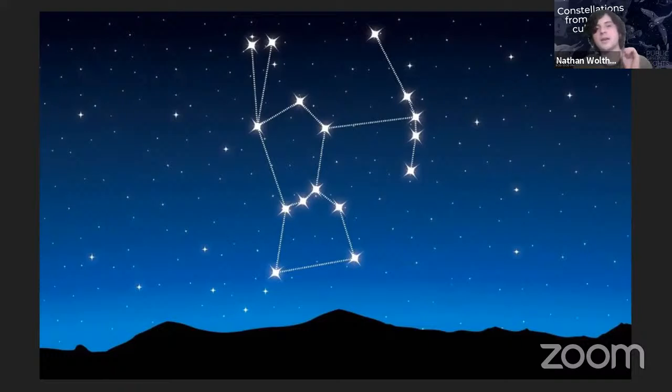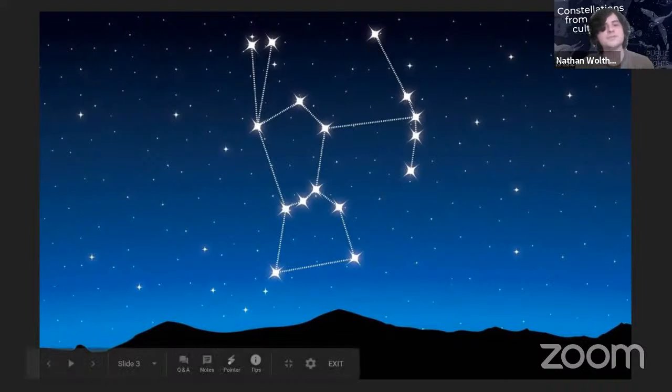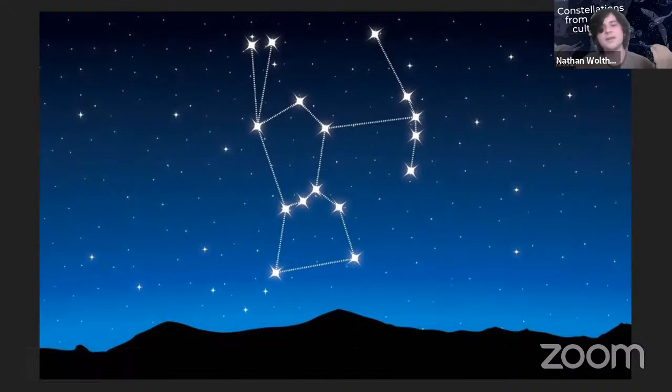When I ask you to identify which are the arms, many of you will not actually identify this initial area as a sword. You will think of it as an arm, and this is perhaps a bow. This is apparently supposed to be a lion's pelt. So it's not really reflective of what we're actually seeing up in the sky, even if there is a fair amount of cultural tradition associated with it.